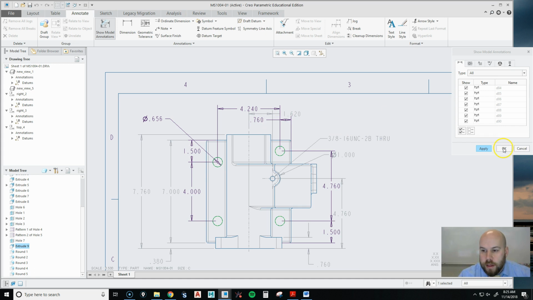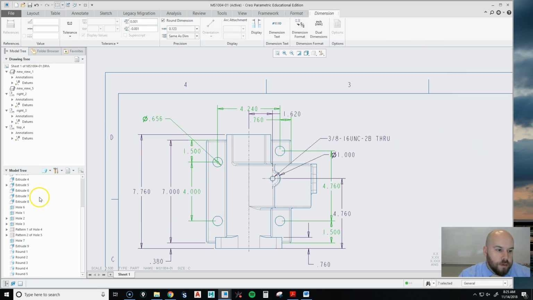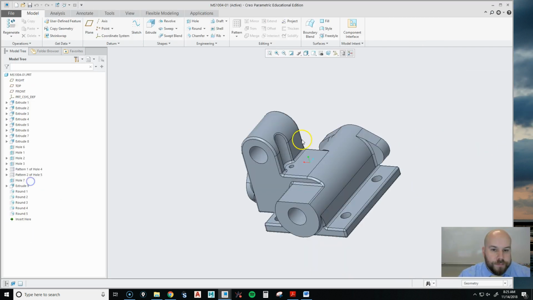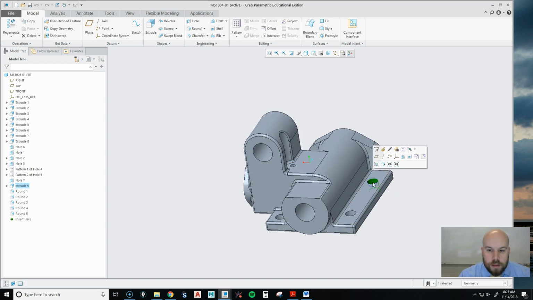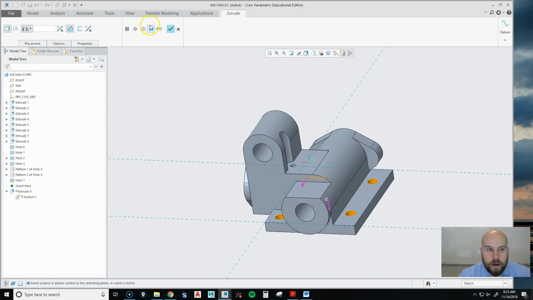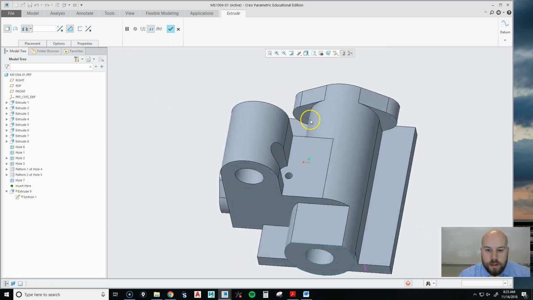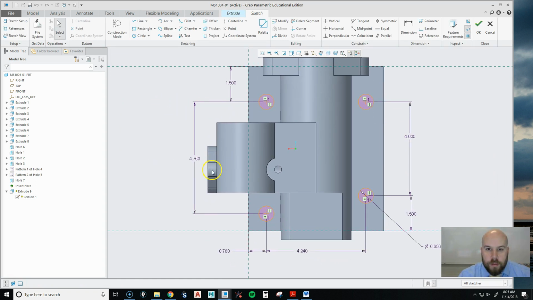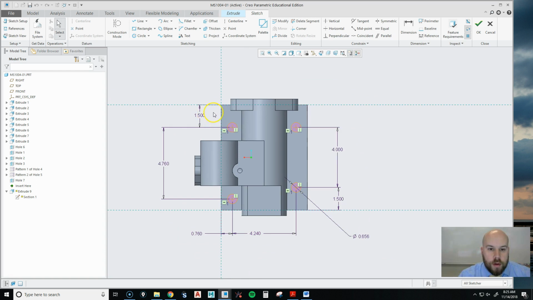So like I said earlier, I need to pick a corner for all of these. So here's what we're going to do. We're going to open up our part. I'm going to select that and edit it. Right click, edit our sketch. And I'm going to pick a corner. And the corner I'm going to pick,